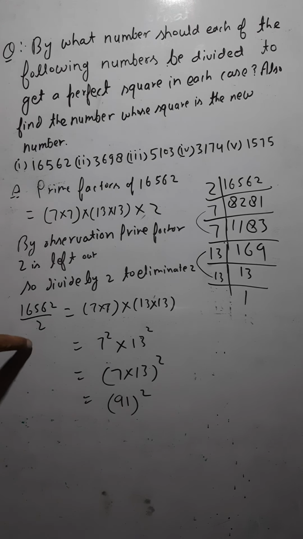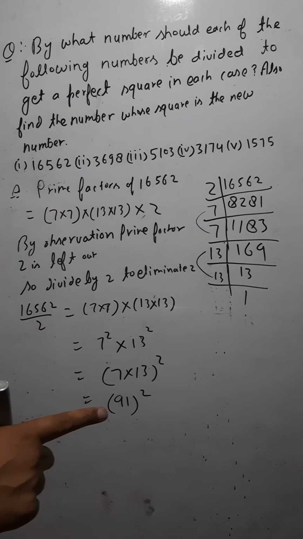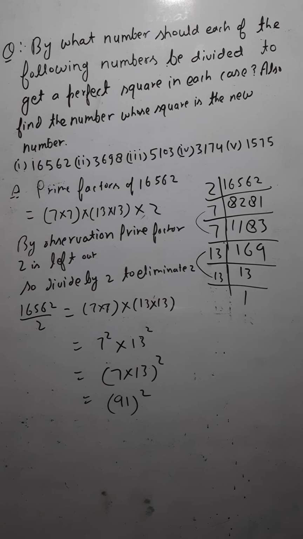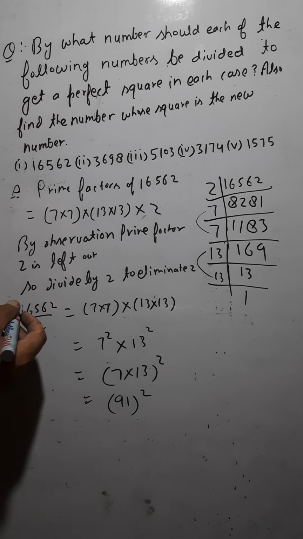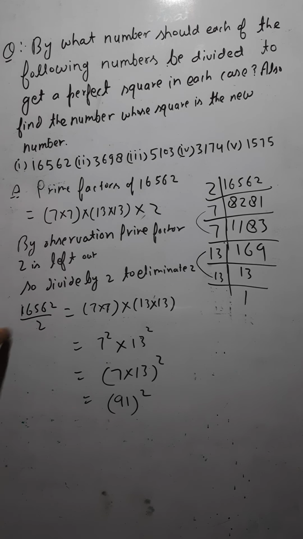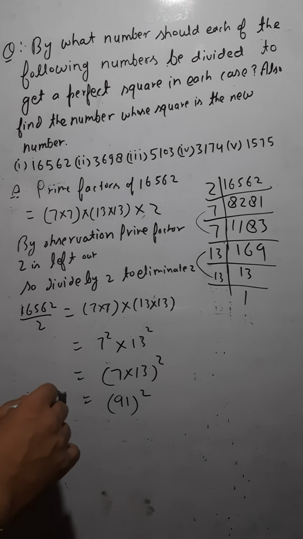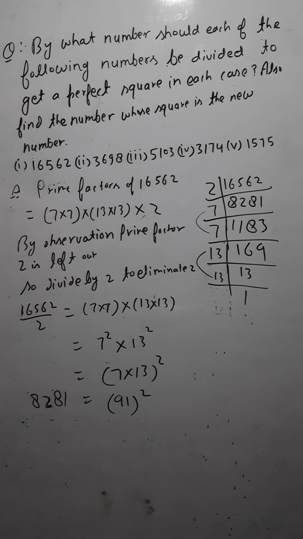Remember this. Whatever the new number that you are getting, it would be a perfect square and it would be the square of 91. What is the new number that you are getting? If you divide it, you would be getting, I think, how much? 2 8s are 16, 2 2s are 4, 2 2s are 4, 2 8s are 16 again, then 2 1s are 2. This is the new number that you are getting if you are dividing it by 2: 8,281. So 8,281 is a perfect square. Remember this, it is a perfect square and it is the square of 91. Yes or not? So this is how you would solve this one question.